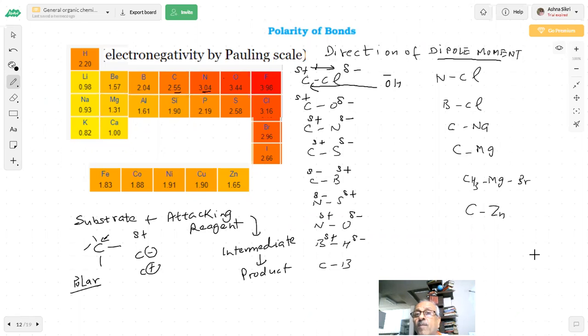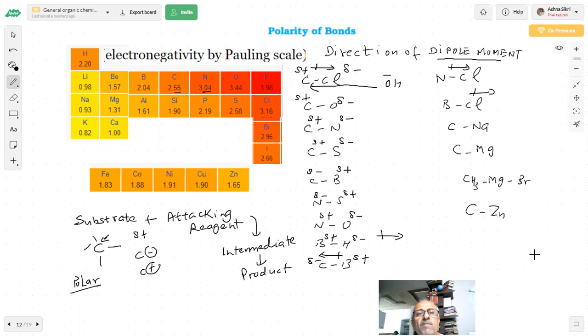See the story, the polarity of the bond. So we show the direction like this, the electrons flowing towards it. Some carbon and boron bond: you can see carbon 2.55, boron. So carbon is pointing in this direction. Yes, sir. This is becoming negative, this is becoming positive. N and Cl, again, where is Cl? Cl is 3.16. So Cl is more electronegative. B and Cl, this is more electronegative.